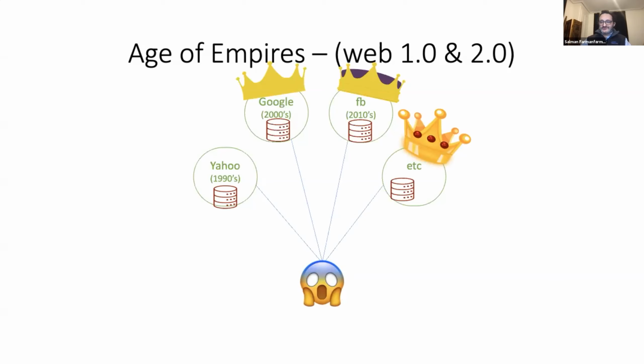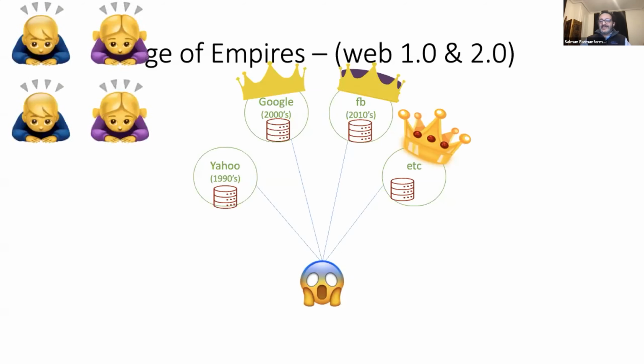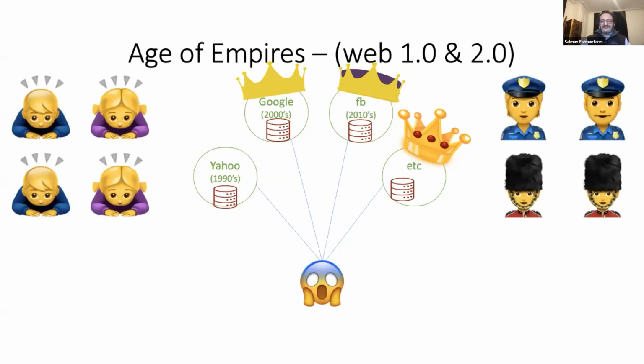Of course, a lot of us here think that model sucks. We don't want these kings to control our data. So we've been begging for our data and we've been passing laws like GDPR to get our data. But ultimately, even if we succeed in these efforts, I think a lot of us believe that these kings would still be kings and we would just continue being their loyal data subjects because they control all our data.